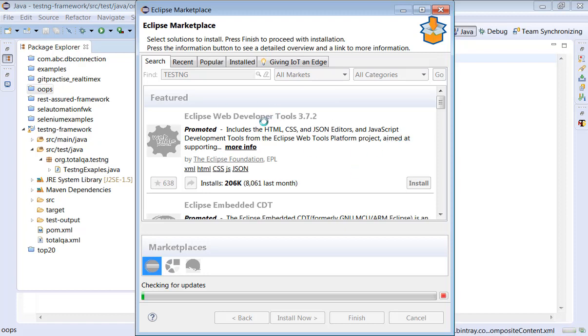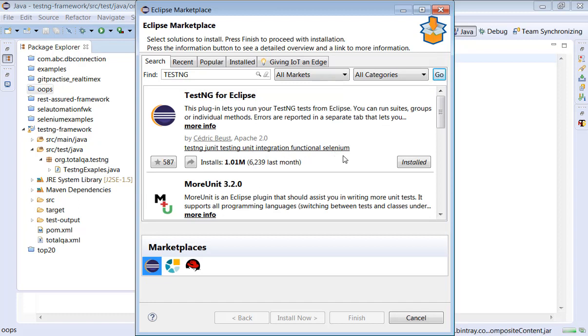It will search in the marketplace and identify whether this plugin is available or not. Okay, it is taking some time to search. Yes, we got the results. If you look at my Eclipse on my laptop, this plugin is already installed. If you don't find Installed here, it means you have to install it again.